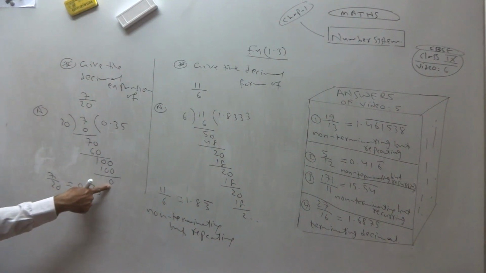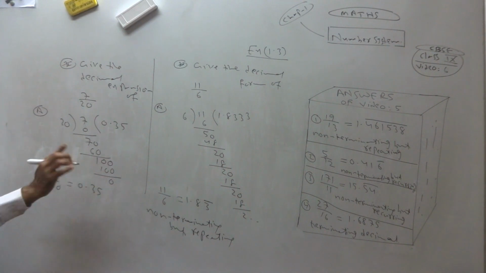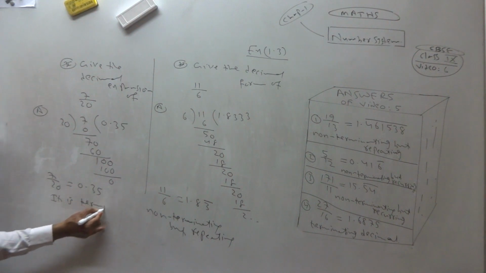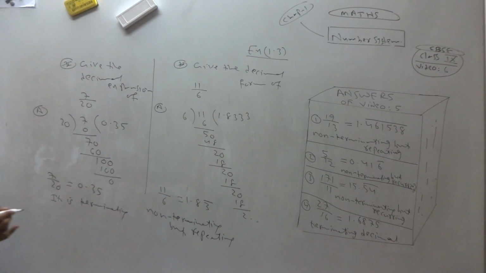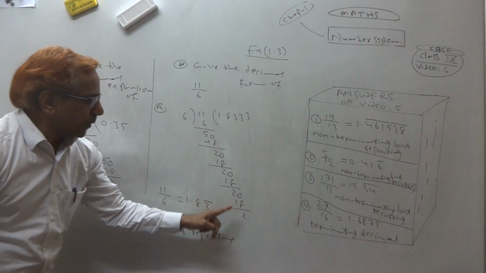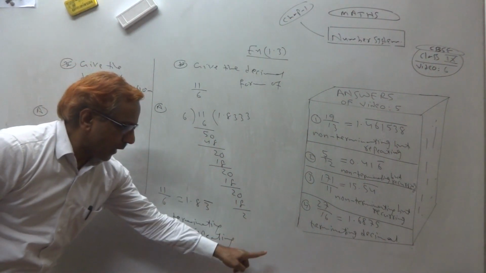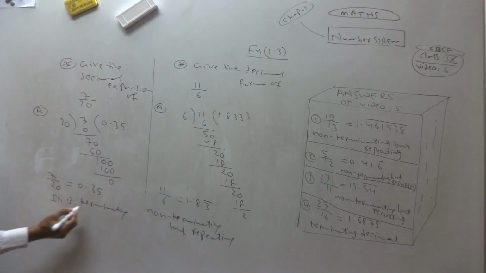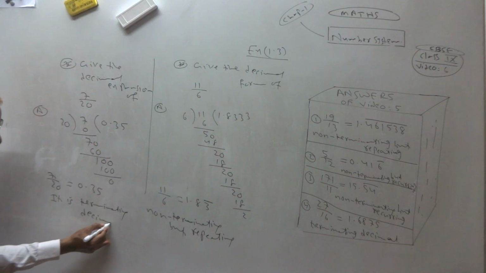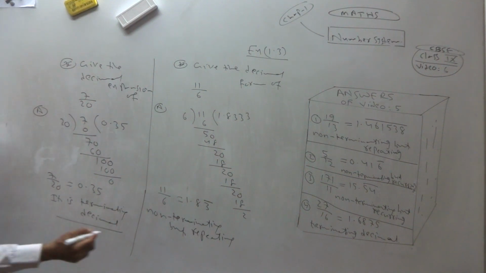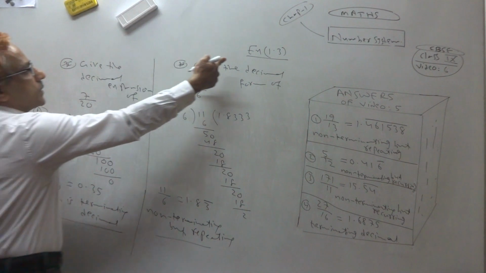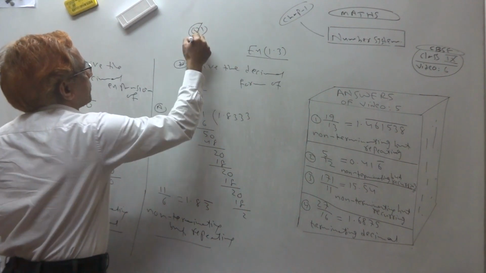0.35. See, when you get 0, no? So we say that it terminates. So the answer is a terminating decimal. In the earlier case, you always get 2 as remainder, you never get 0. So non-terminating. This is what? It is a terminating decimal. Yes, so we have two types, only two types. Last class we have discussed this type of questions and we have done already. So I think exercise 1.3 question 1 completed.